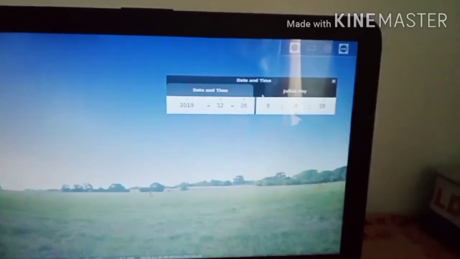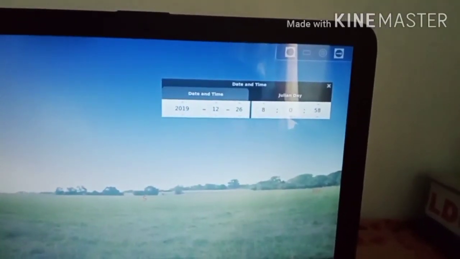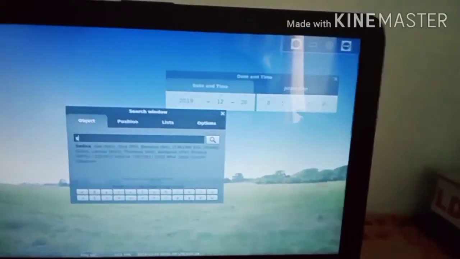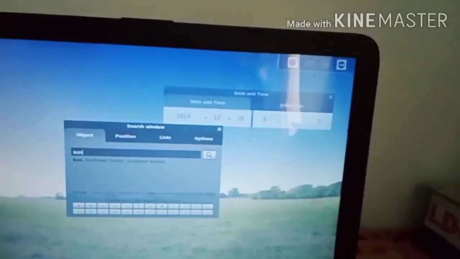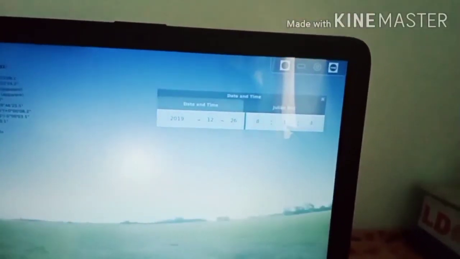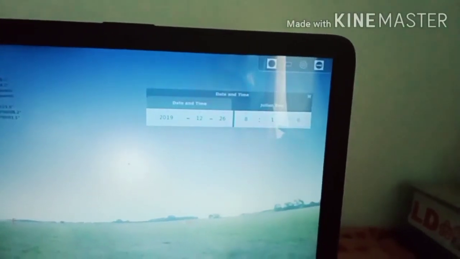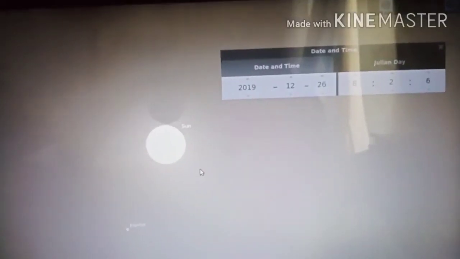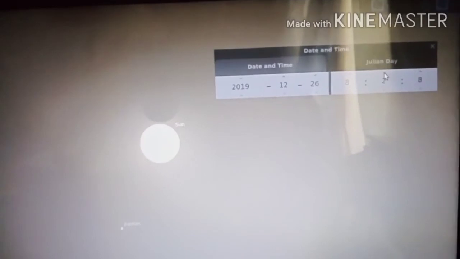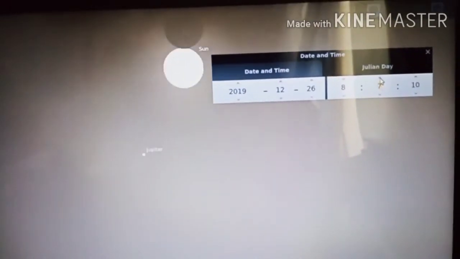You can now search the Sun in the search box. Just zoom in. This is the position of Sun and Moon at 8 o'clock. Now you want to increase the time like this.